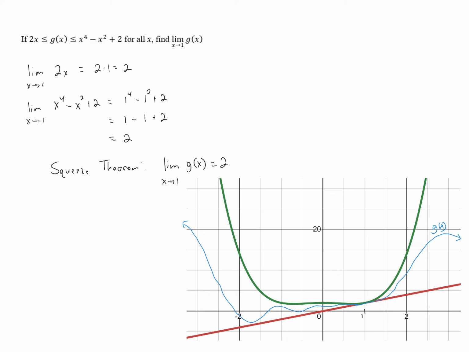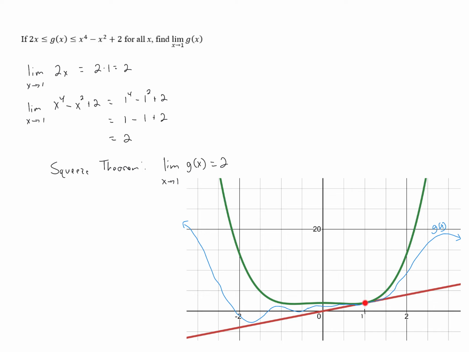This would not work if we looked at any other number that x was approaching. If x was approaching -1, for example, if we were looking here, even though g of x is between those two functions, they don't have the same limit. There's a gap in between that limit, and our function g of x could cross through anywhere in there. The limit might not even exist. It might be doing some really weird stuff there, but because the outer functions have the same limit here,